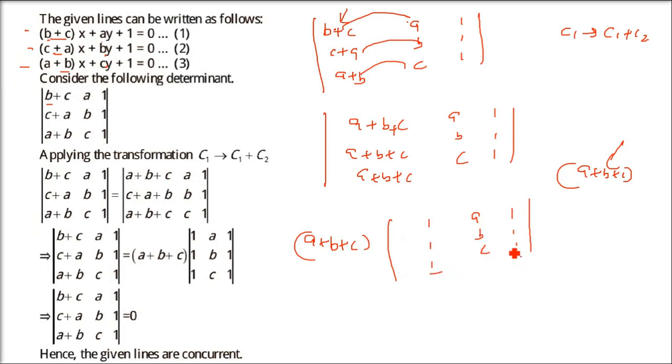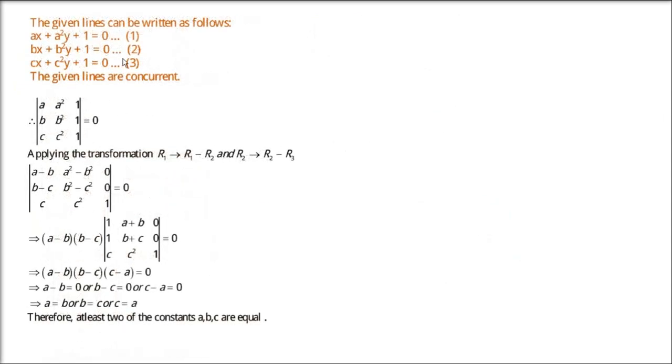Now this is done. Two columns, two rows are the same. That means the determinant will be 0. This we already saw in determinants. So if you know determinants, then only you will be able to solve these types of questions, right? Determinant is a mandatory thing for this exercise precisely, because I added the columns and then showed that two rows are equal, so it is 0. That's how.